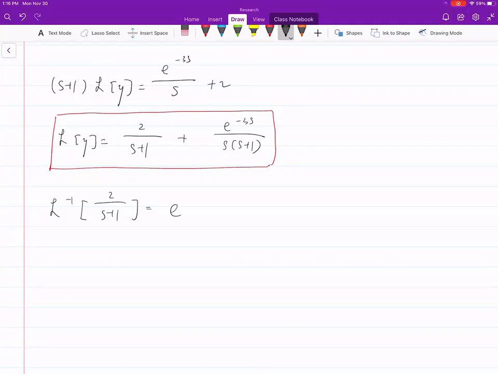This is e to the negative t times a 2. The reason is because we know the Laplace transform of e to the at is going to be 1 over s plus a. Then what we have here for s plus 1, 2, first we change this to 1 by multiplying by 2. Second, plus 1 means,